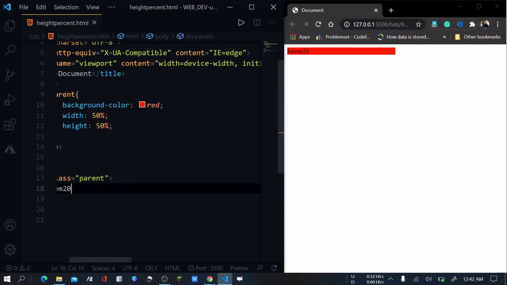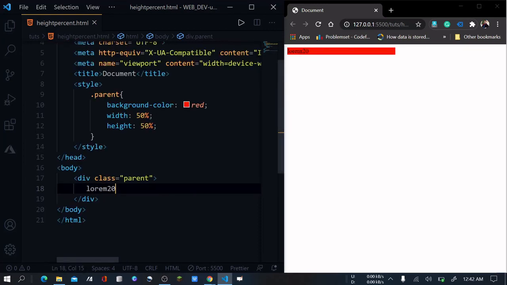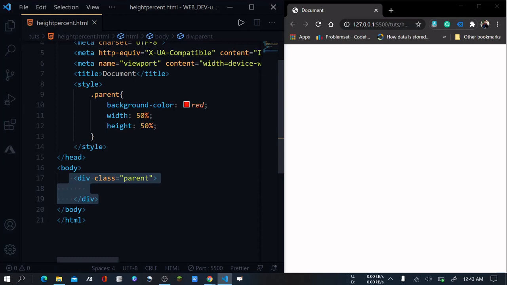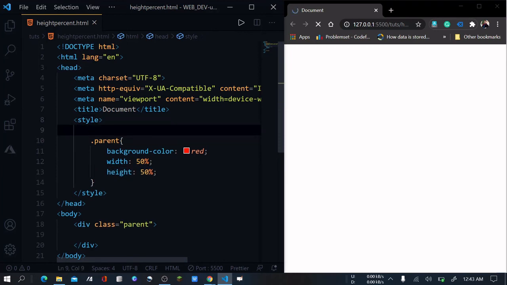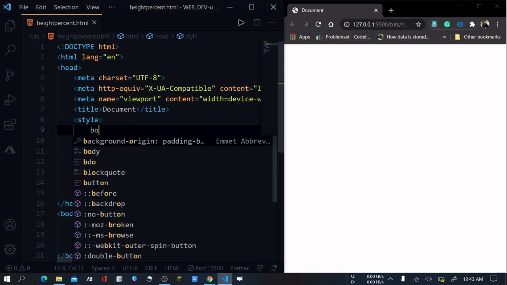And if there is no content inside it, let me remove this also. If this division is empty and the body is also empty, there is no content, so there is nothing to show, meaning the height of the body is 0. So if you want to set the width and height both to percent, then you also need to set the height and width of the body and also the whole HTML document. Meaning if you come over here and set the body